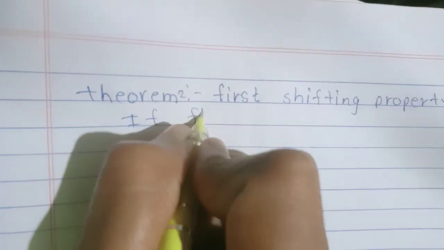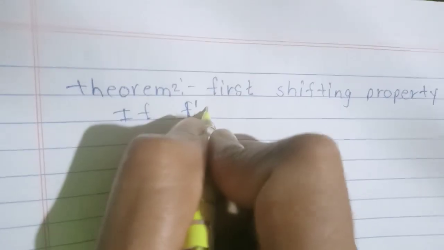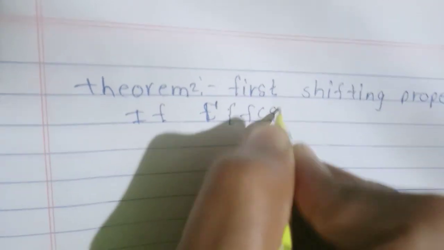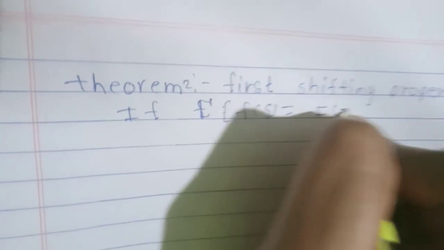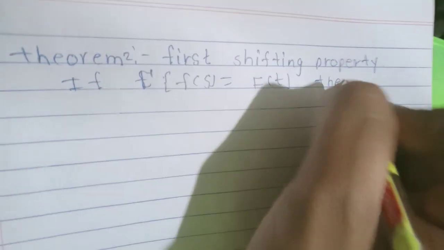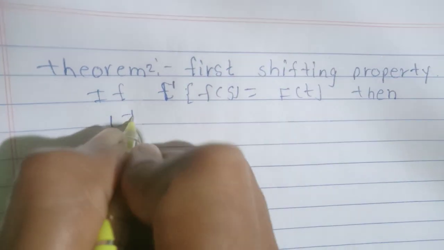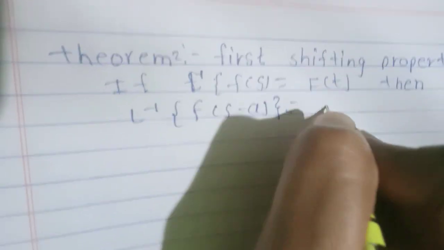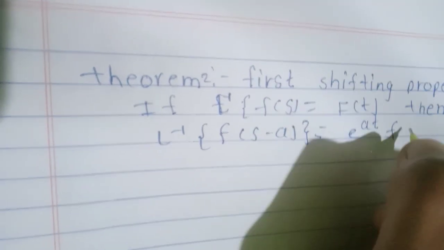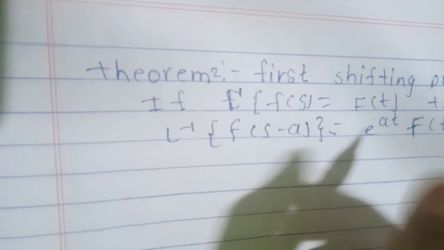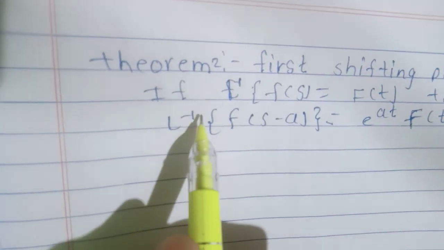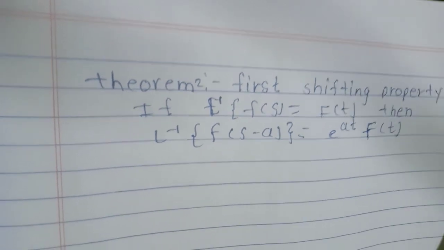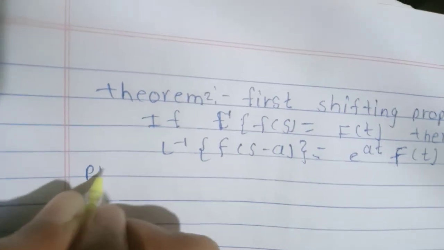If Laplace inverse of F of s is equal to f of t, then Laplace inverse of F of s minus a is equal to e raised to at f of t. We can prove this. Proof